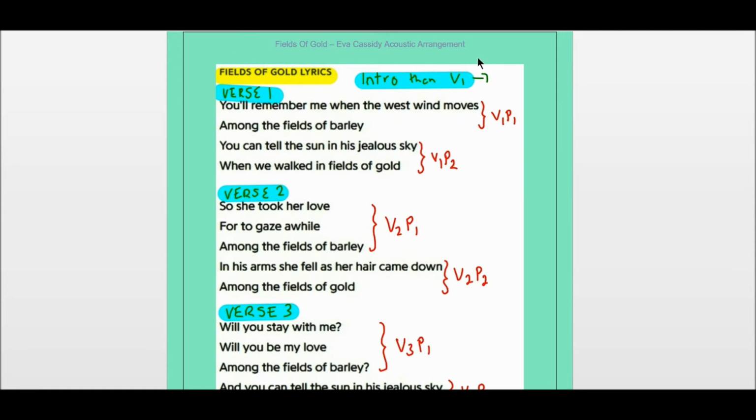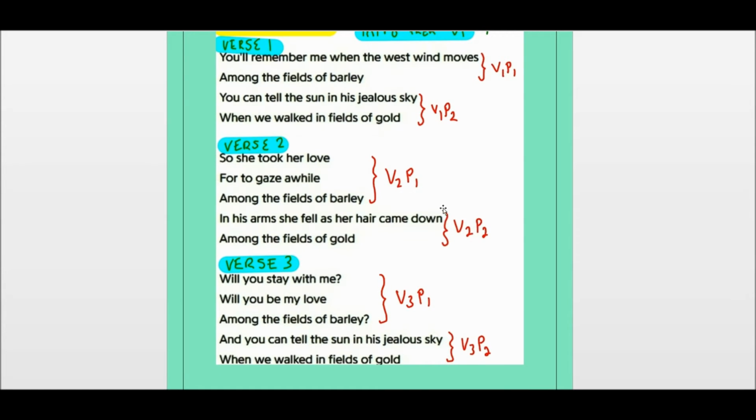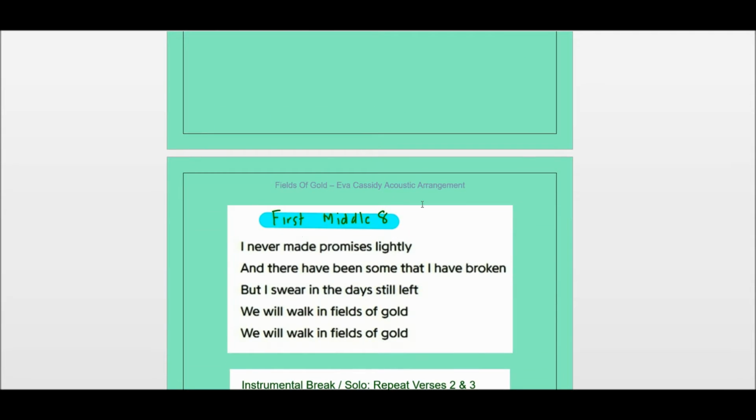So this is the plan of the song. There are 5 verses in all. You have the first 3 verses together, and I've divided each verse into part 1 and part 2. There are variations between the two in each of the verses. So after the first 3 verses you have a middle 8 section here where we have a change in the picking pattern